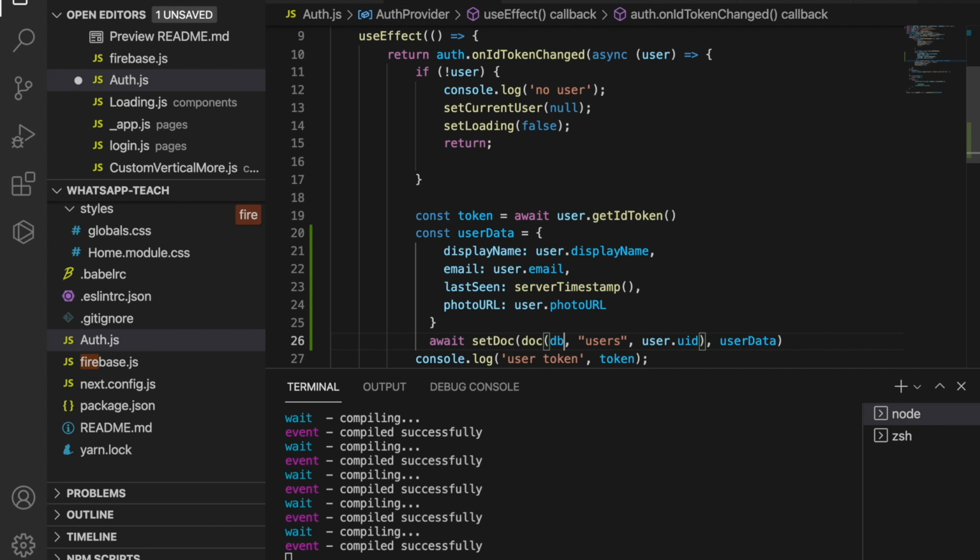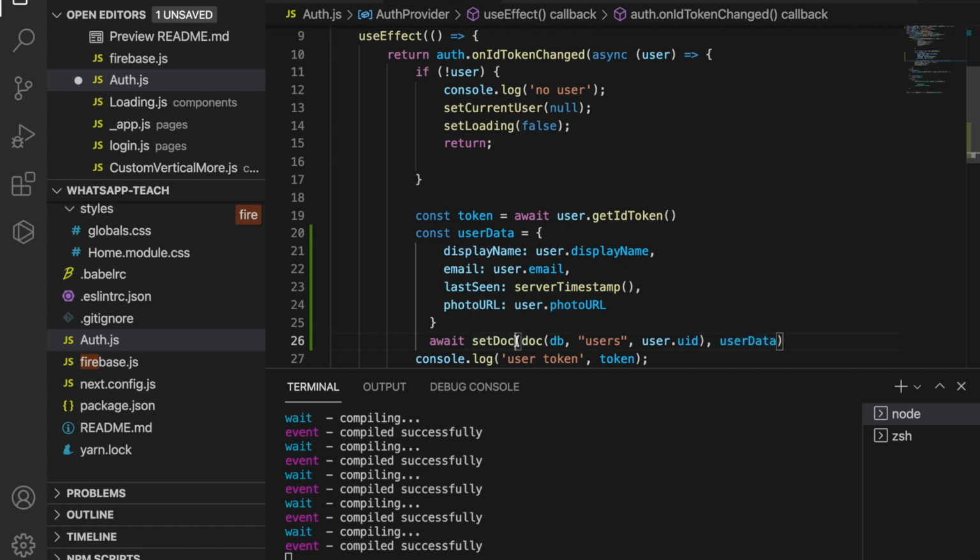So we have to import the DB, and we set the collection name as users, and we want this document to have the ID which is equal to the user.uid, and we will pass this user data to the Firestore, and